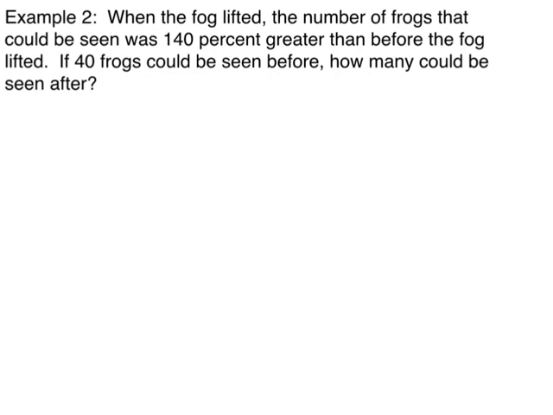Example 2 says when the fog lifted, the number of frogs that could be seen was 140% greater than before the fog lifted. If 40 frogs could be seen before, how many could be seen after? All right, so this 40 frogs could be seen before. 140% greater than before. They are not the same thing. So they're going to go on the same side of the equal. And then n is already going to be over there by itself. So equals n